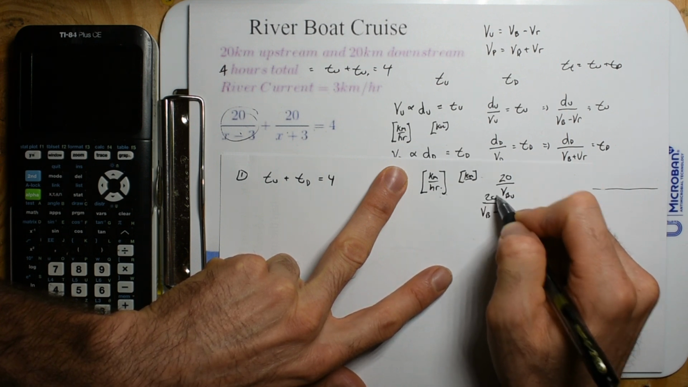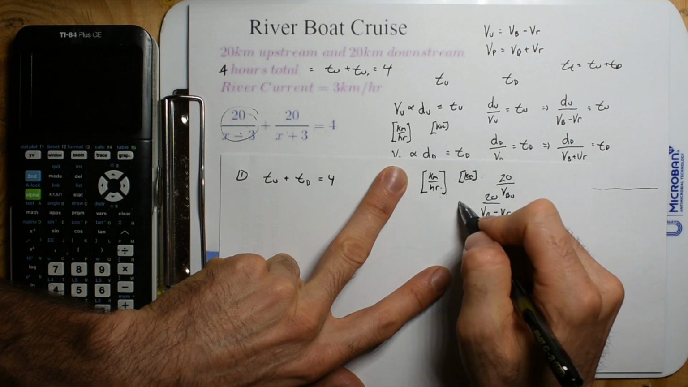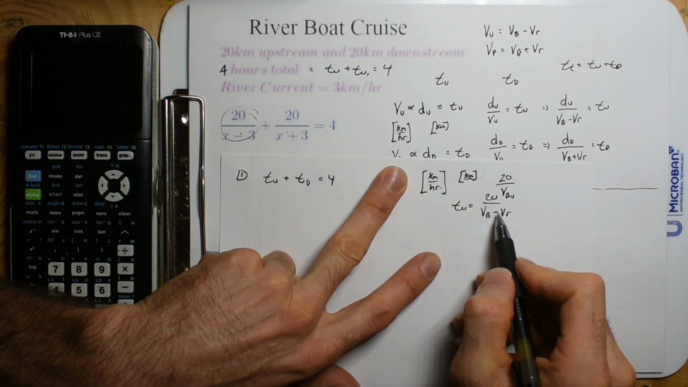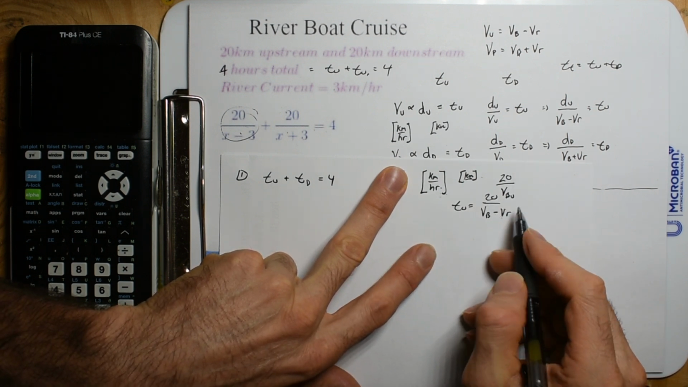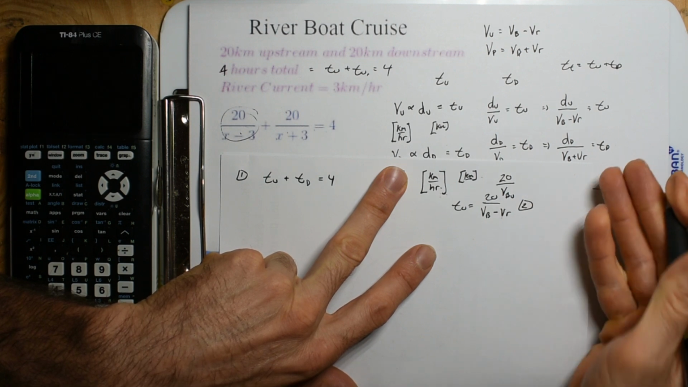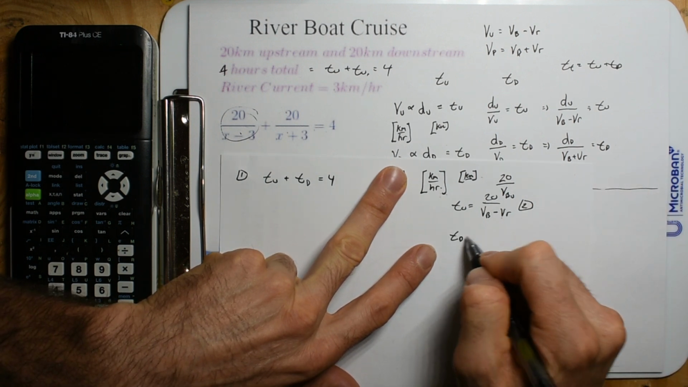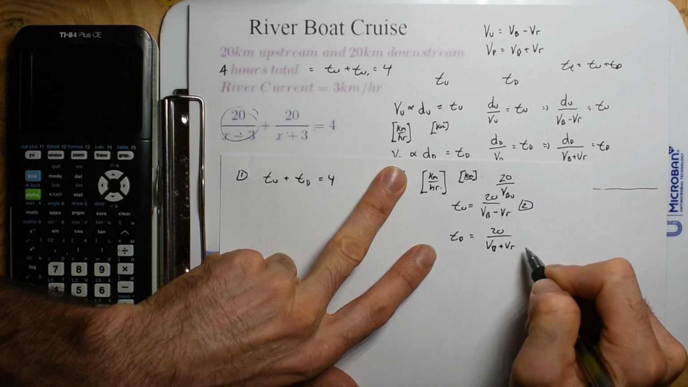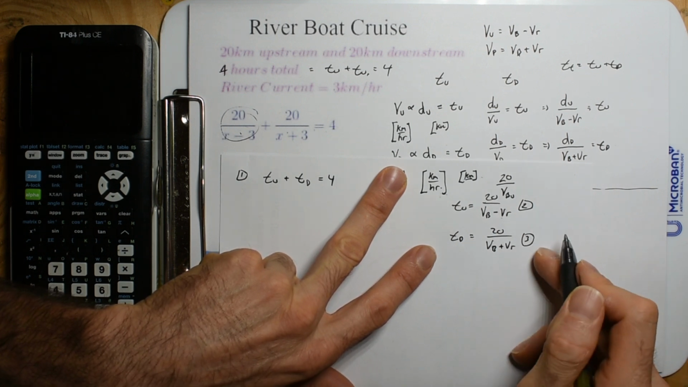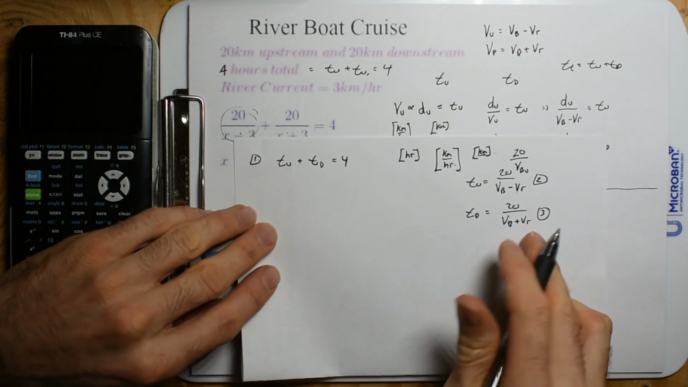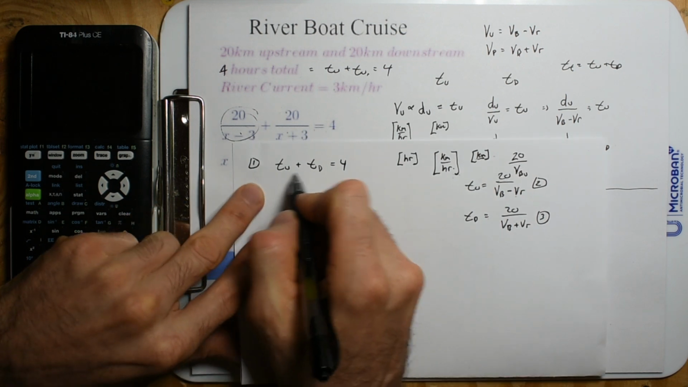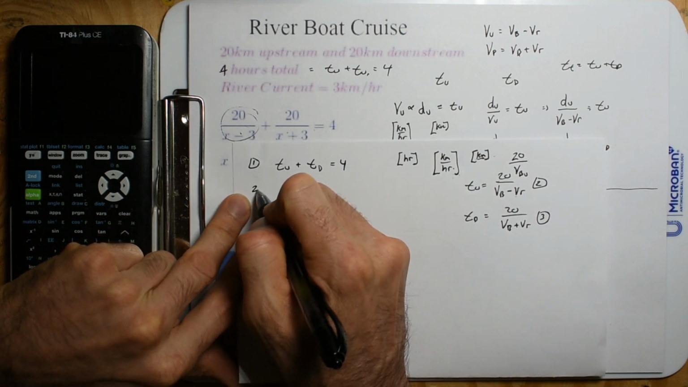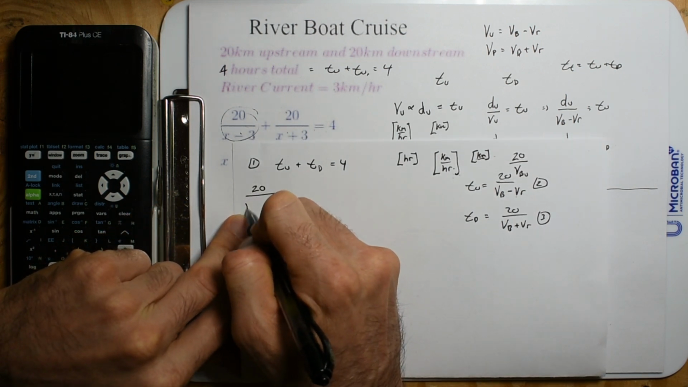So now we have this equation for TU. We could just say the time upstream is 20 divided by VB minus VR. That gives us maybe our second equation. And then you can say the time downstream is going to be 20 divided by the velocity of the boat adds to the velocity of the river. So maybe this is our third equation. And then you can see how you can just go for it so fast and then plug those in. And so this is the one that we're going to try to